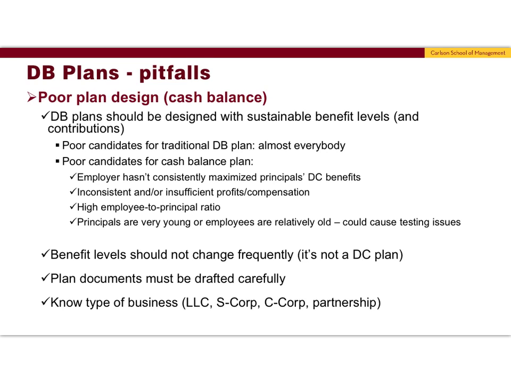If there's a high employee to principal ratio, then this indicates that the employee benefit costs may not be cost effective to set up a cash balance plan. For example, if it costs an employer $1 million in employee benefits just to get $200,000 in owner benefits, then this is not an affordable outcome. And when principals and owners are very young or the rank and file employee group is relatively old, this can cause problems passing the plan's non-discrimination tests.